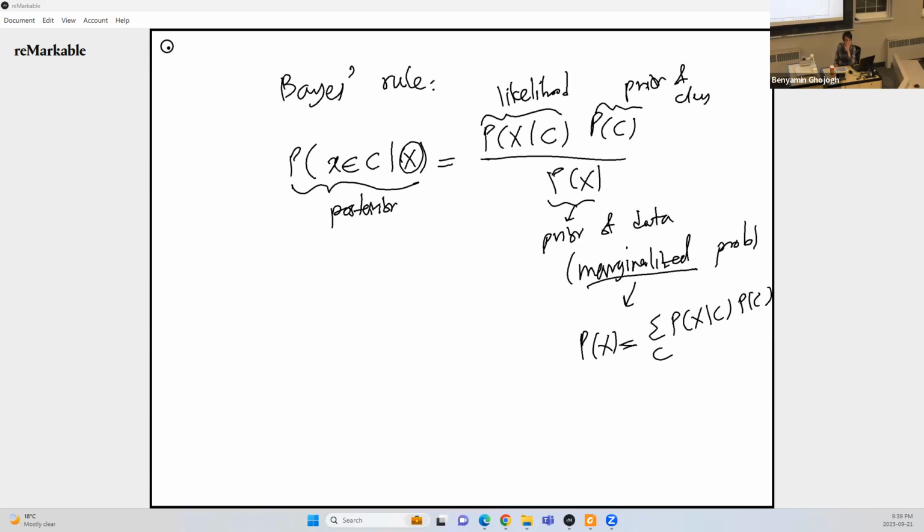Doesn't matter. I was talking about posterior and prior, and I told you that likelihood is another name for probability, right? So given the class, what is the probability of my data? And I also said this in the deep learning course. These words have been borrowed